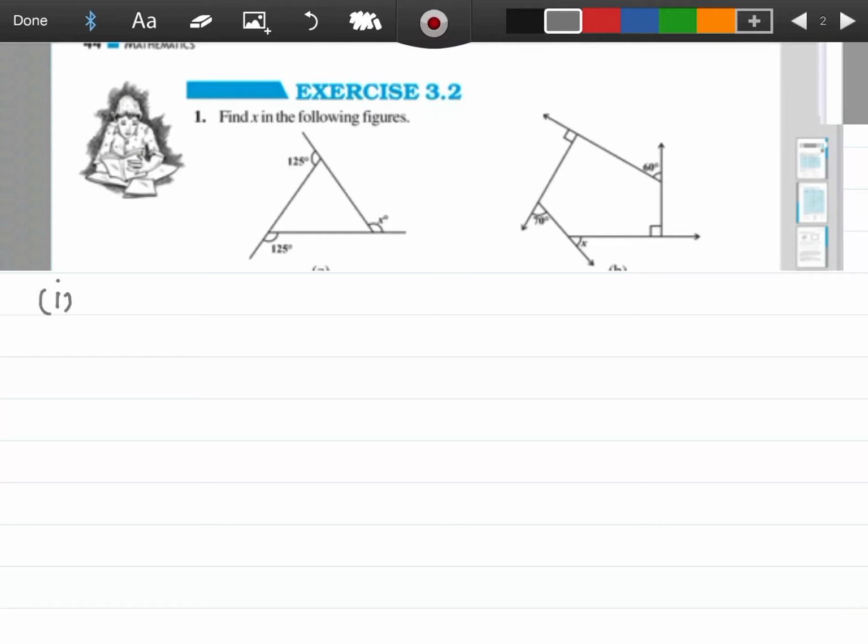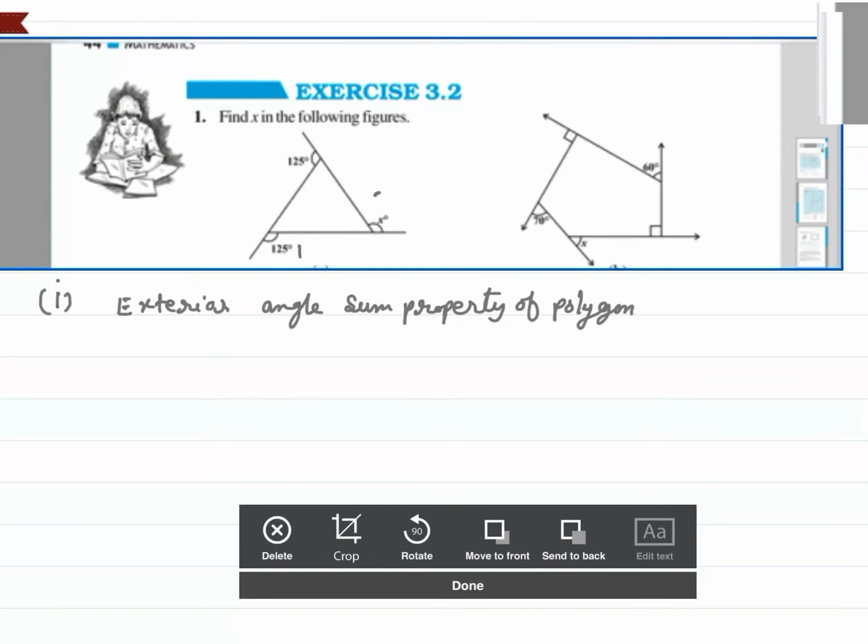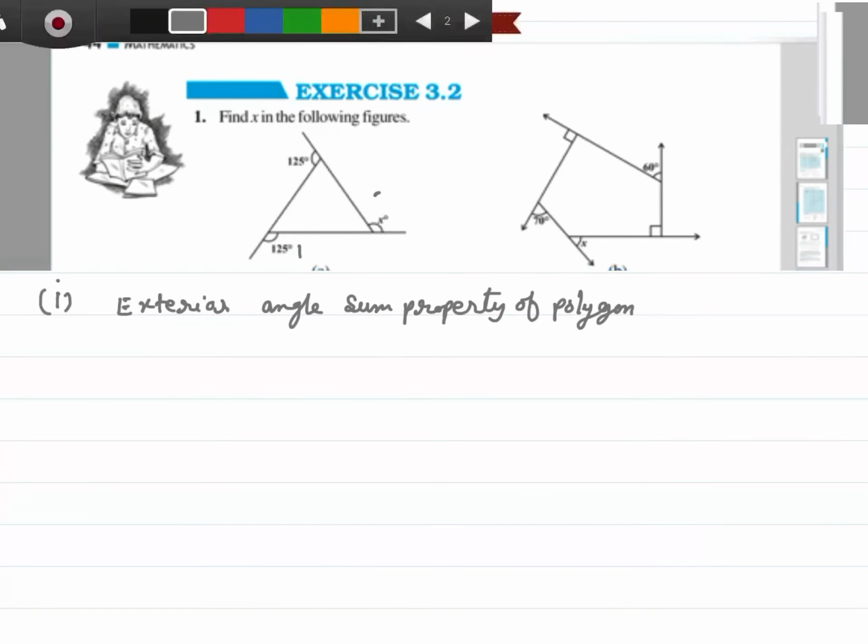So with the help of the exterior angle sum property of a polygon, we can say, suppose this is angle 1, 2, sorry,